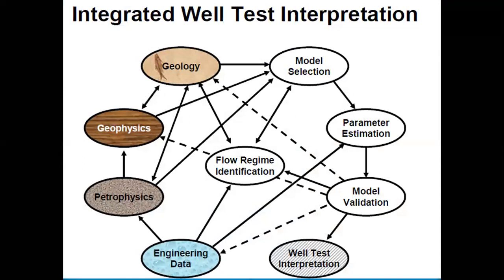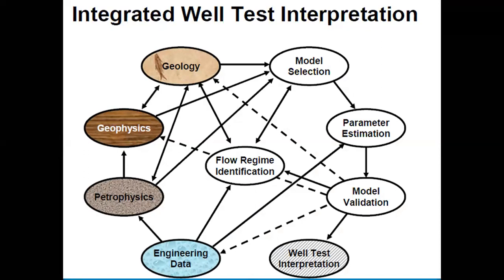Because you are getting two pieces of information only, the time versus pressure, how do you analyze? For an integrated oil test you need to do everything. What are you doing in an oil test? You are recording the data, the engineering data, petrophysics, geophysics, geology, then you do flow regime identification. Flow regime means different types. Just to name some, the bilinear flow, then you have fracture flow, then you have spherical flow, elliptical flow, all sorts of